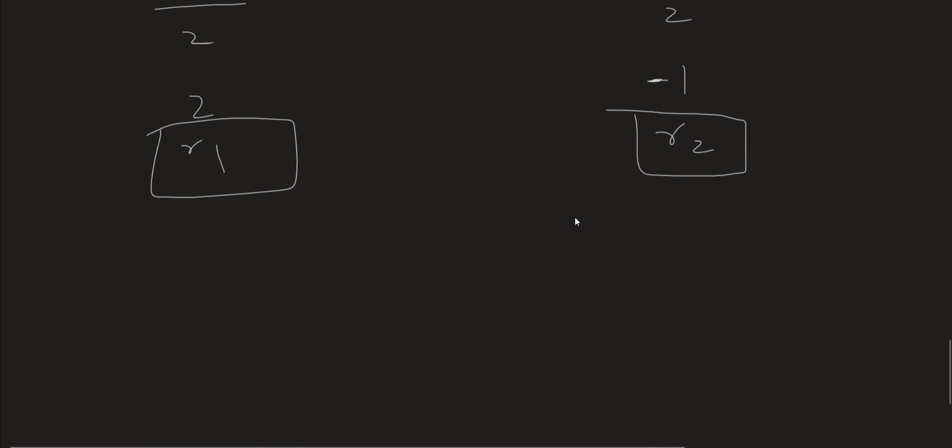So we know this will be equal to a_n is equal to alpha 1 times R1 raised to the power n plus alpha 2 times R2 raised to the power n. Now,